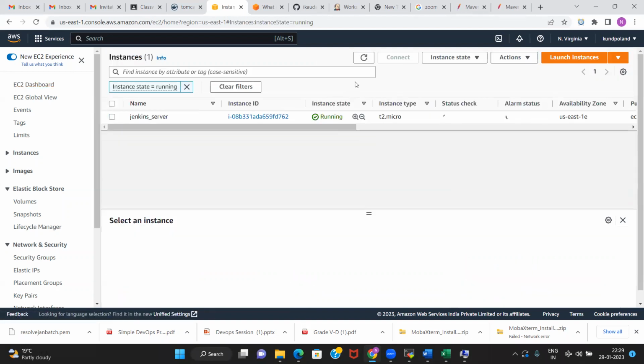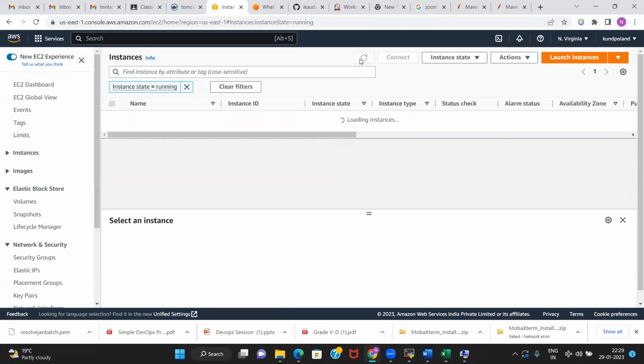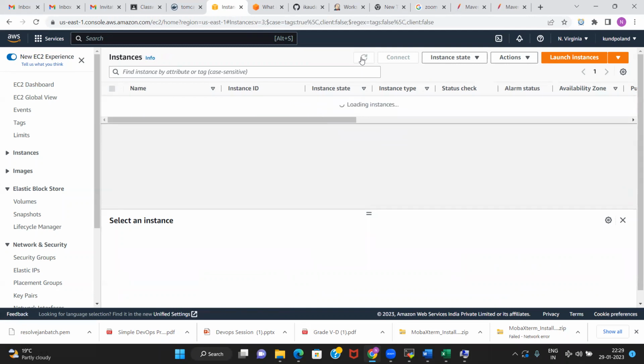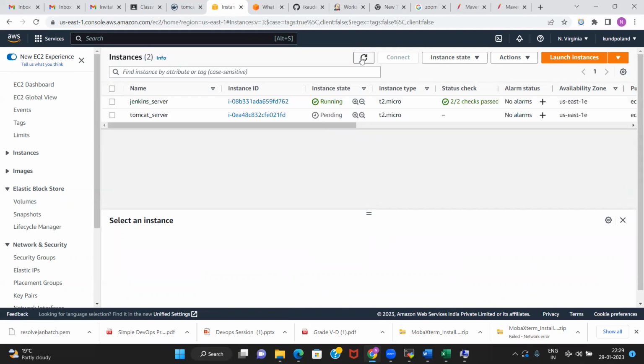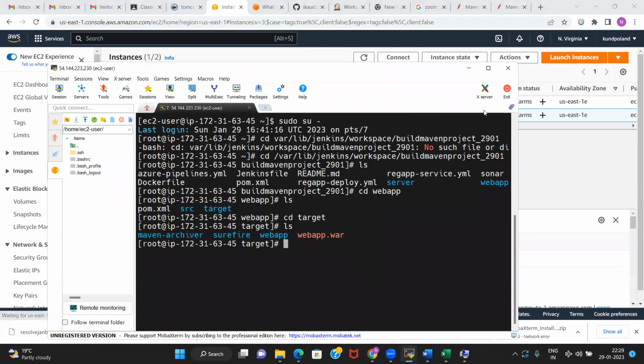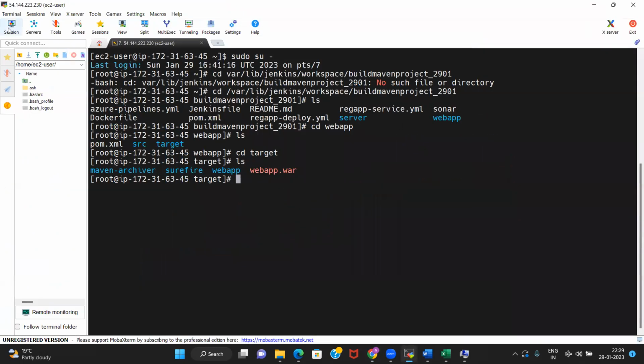You can see it here as well. If you select this, you will see that it is pending. It is getting set up, and now it is available. So you have Tomcat up and running. This is another server.